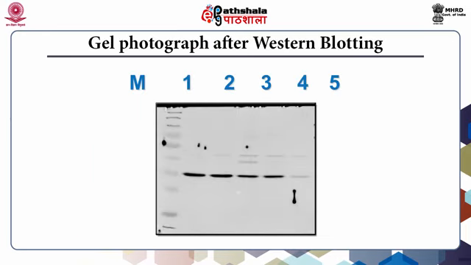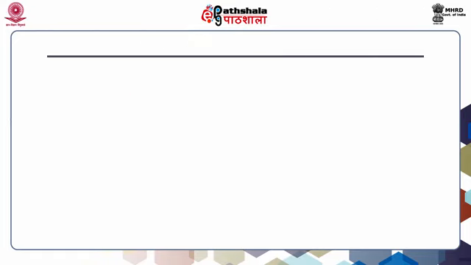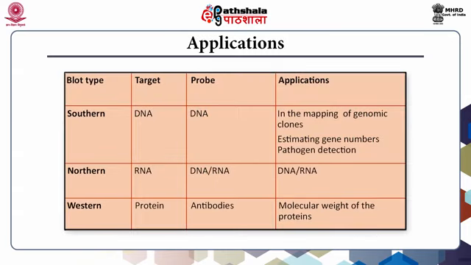Now, these are the gel pictures showing gel photographs after the Western blotting procedure. Now, what are the different applications of blotting? Southern is used in the mapping of genomic clones, estimating gene numbers and pathogen detection. Northern is very commonly used for gene expression profiling, and Western is used for the detection of the molecular weight